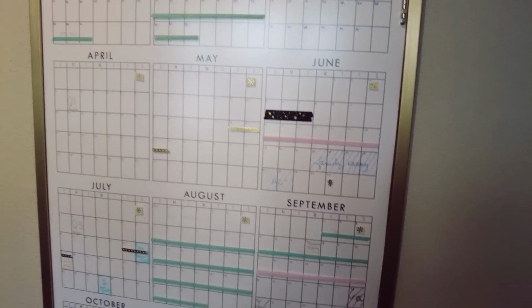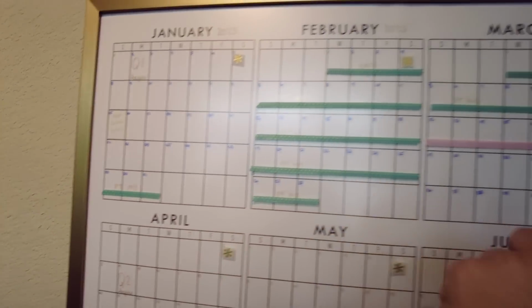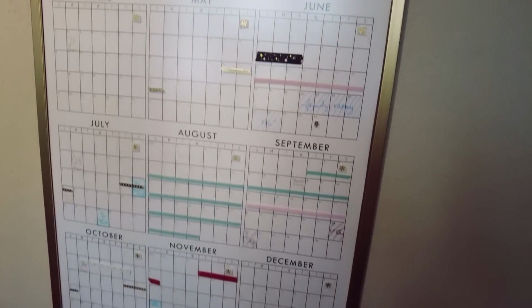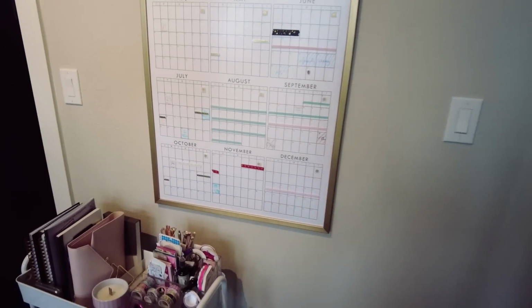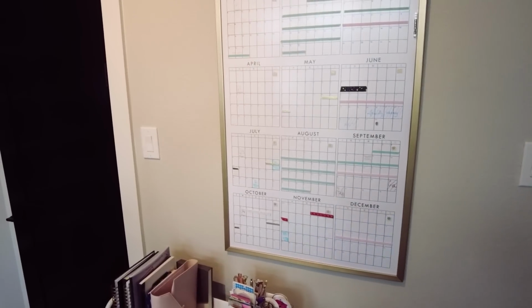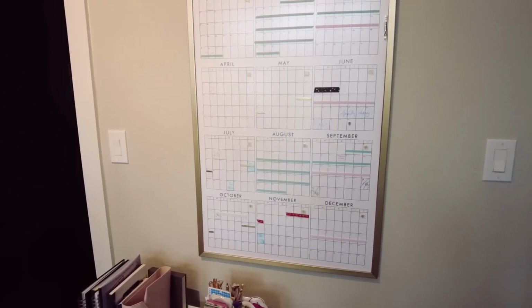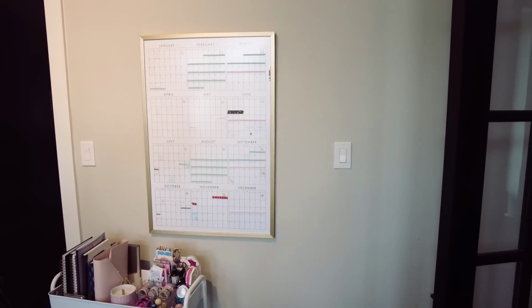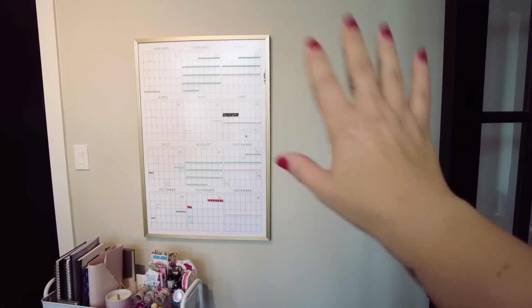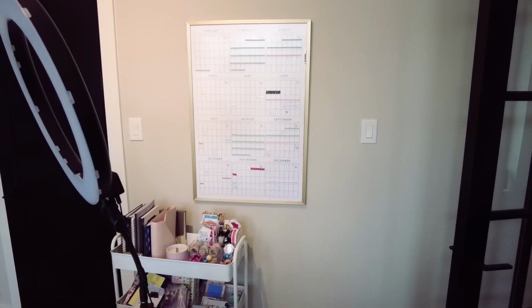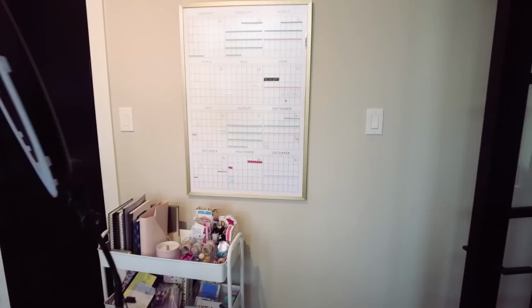And towards the end of the year, I went ahead and set up January, February, and March for 2023, but the rest of this calendar is still set on 2022. So I'm probably going to take it off the wall, and I'm going to reset it with some of my markers and just take all that washi tape off. And I also kind of wanted to create more of a little station here with some other dry erase stuff and maybe like a little picture, just to make this a little bit more decorated. So I might get to that today as part of my routine.